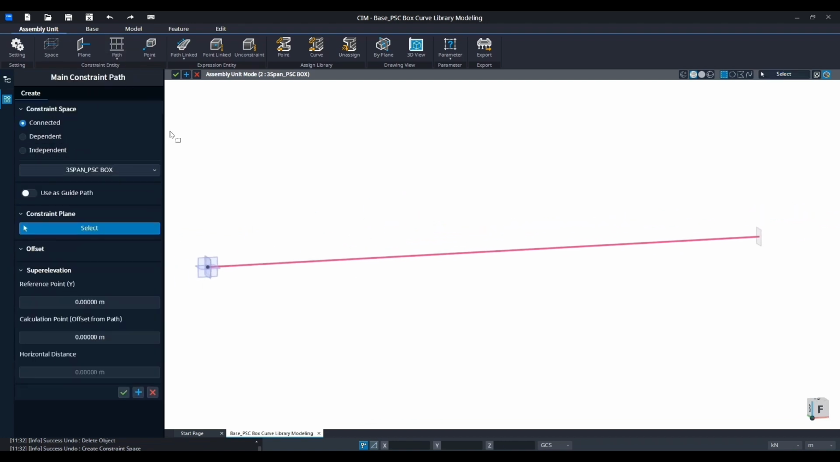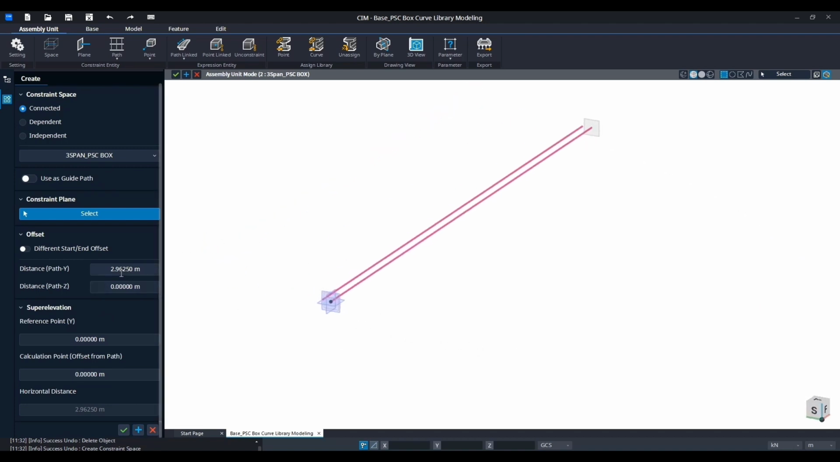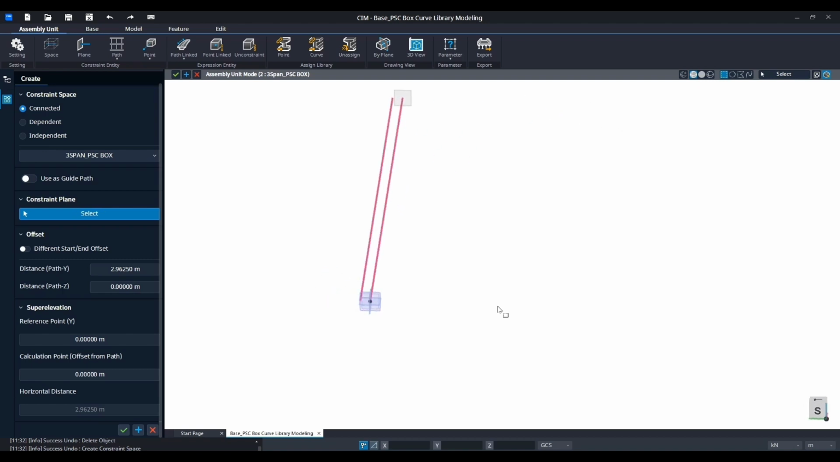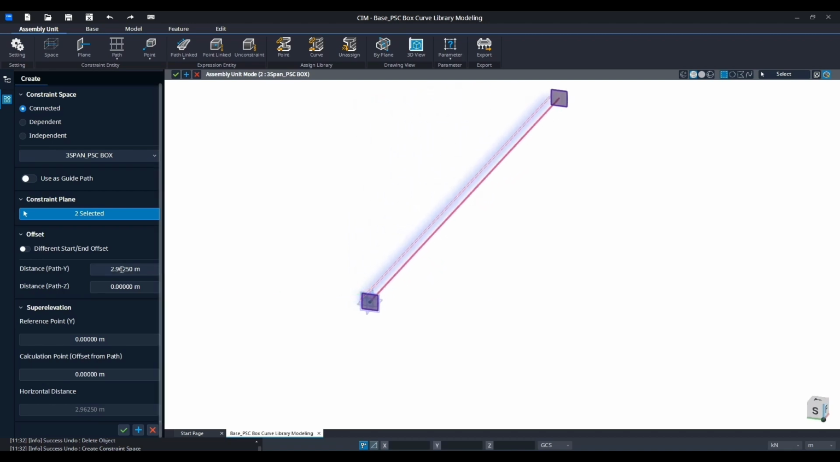And then we want to click on main path and select constraint plane, and then the distance path will be 2.9625, and select path again, and minus. Okay, so this will be a paving,